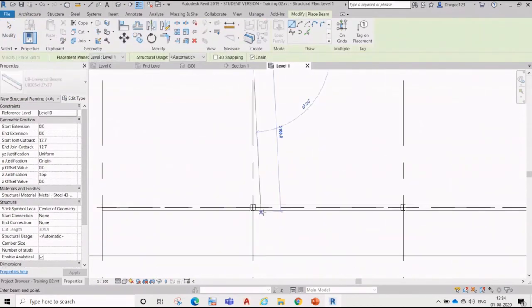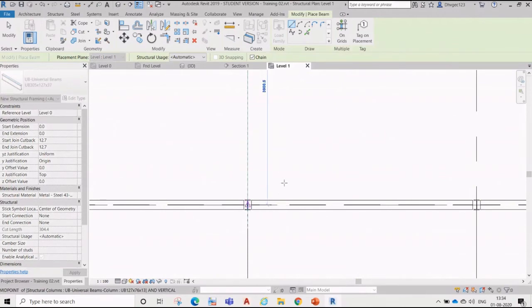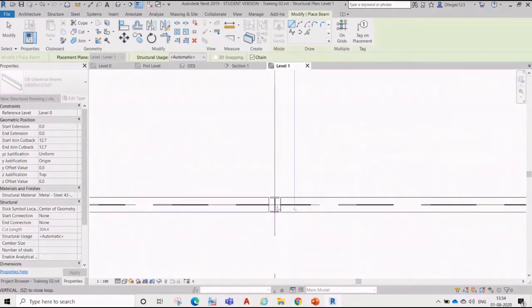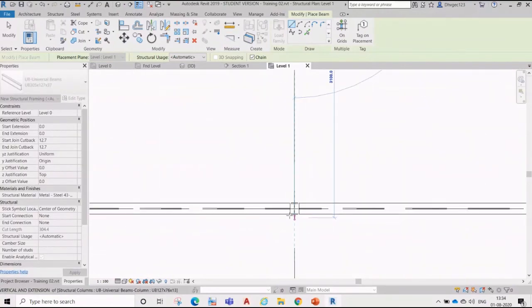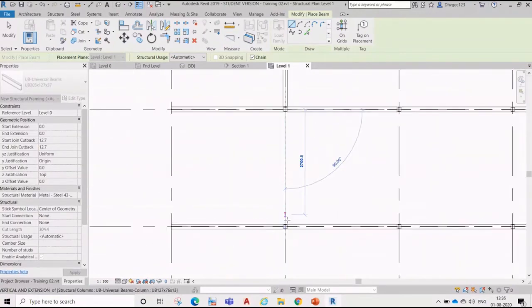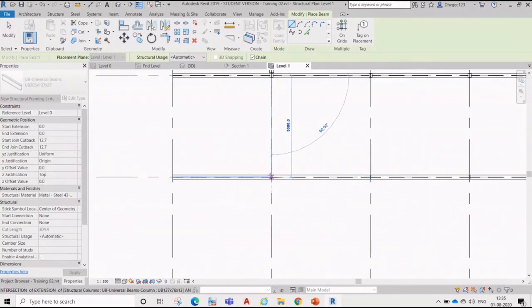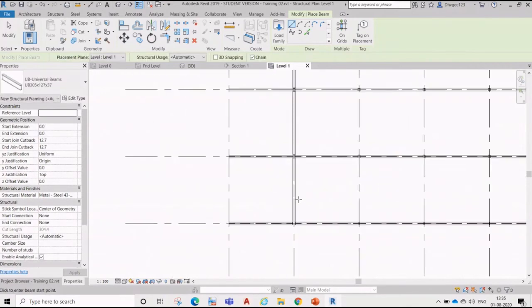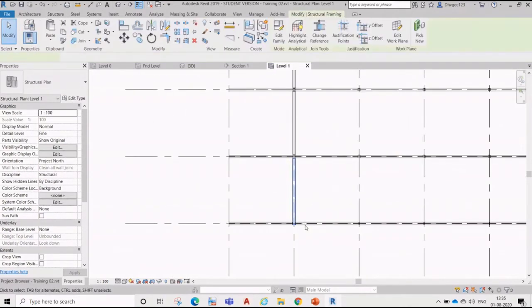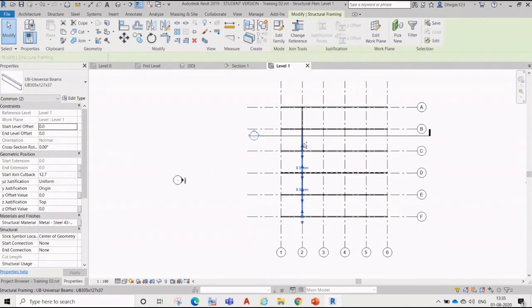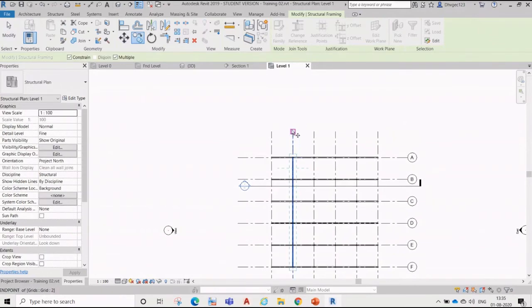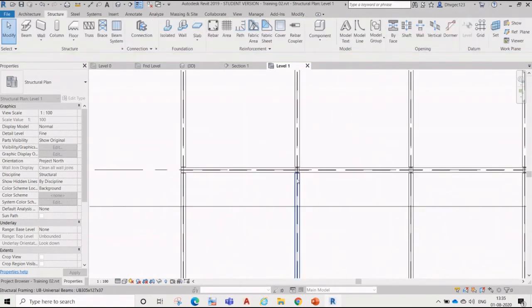From here, here, and copy it. So here we have a column, right?